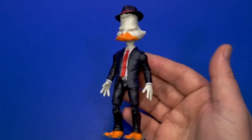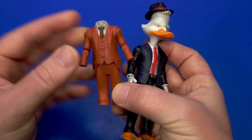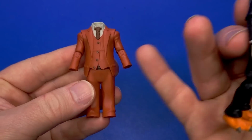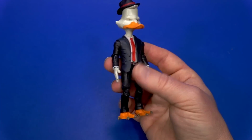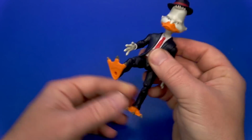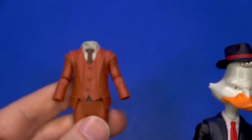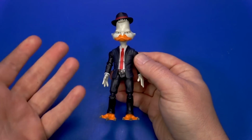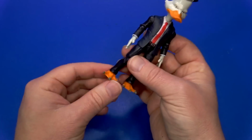Man, this made it so much better, because out of the box, the Marvel Legends Howard the Duck wasn't mobile, at least from the waist down. In a perfect world, I would change out the legs because I love the proportions on this, but I just threw this onto here, and now I have full range of motion. I can pose him around. I did have to paint the hat to match the suit because it was the brown of this, but overall, it's not too complicated. Dremeling a neck hole so I could put the head down in, and